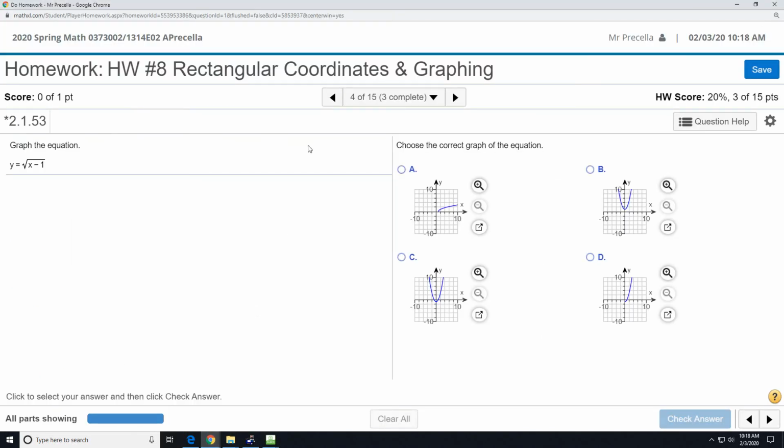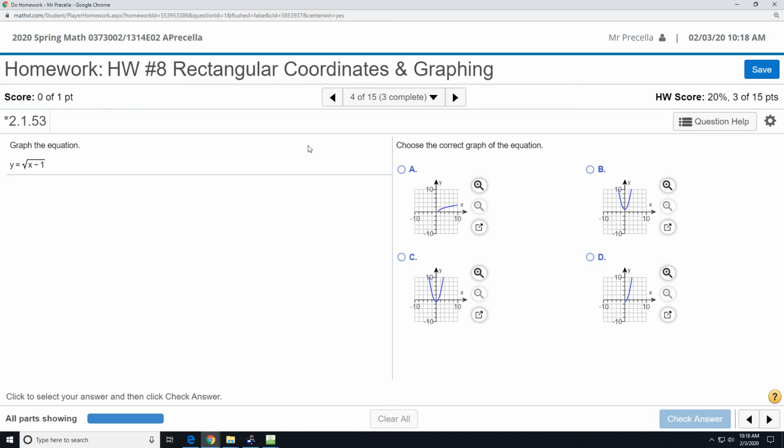So let me write this one down, and then we'll discuss how we're going to graph it. This is problem number 4. y equals the square root of x minus 1. Well,